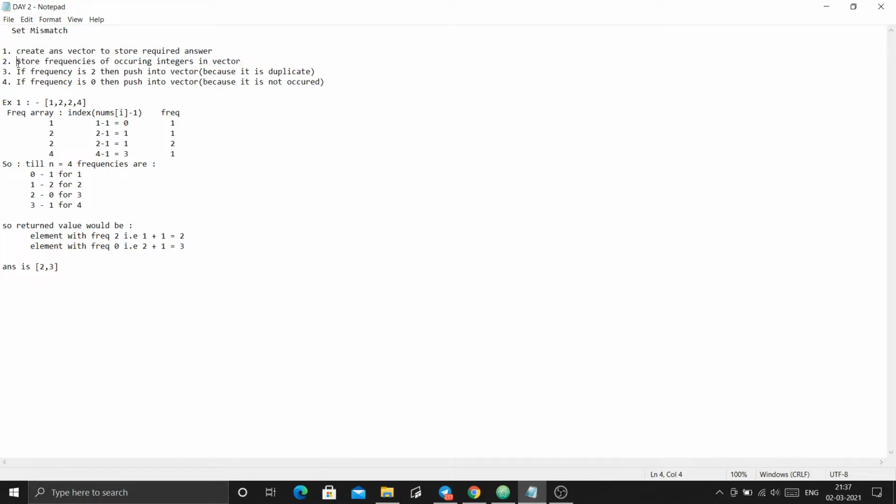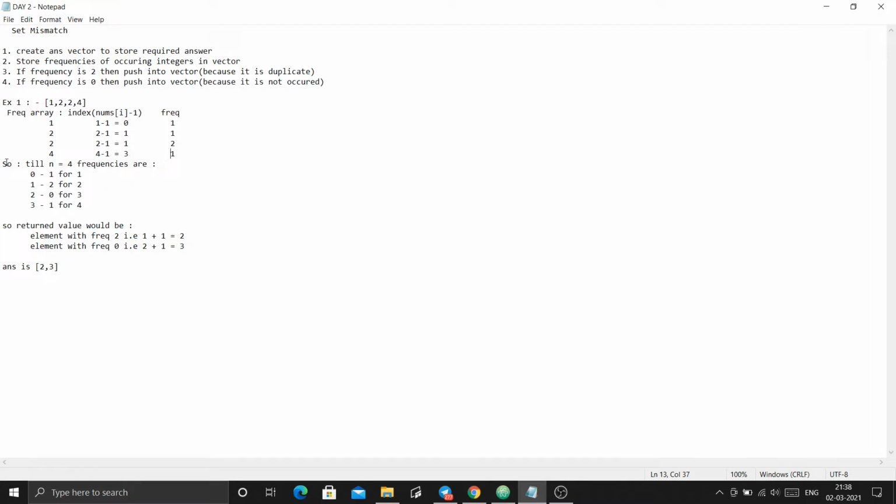It appeared once, so I will store frequency 1. Again 2 appears at the same index 1, so the frequency would be replaced by 2. Now the next element is 4, which is at index 3, and its frequency would be 1.